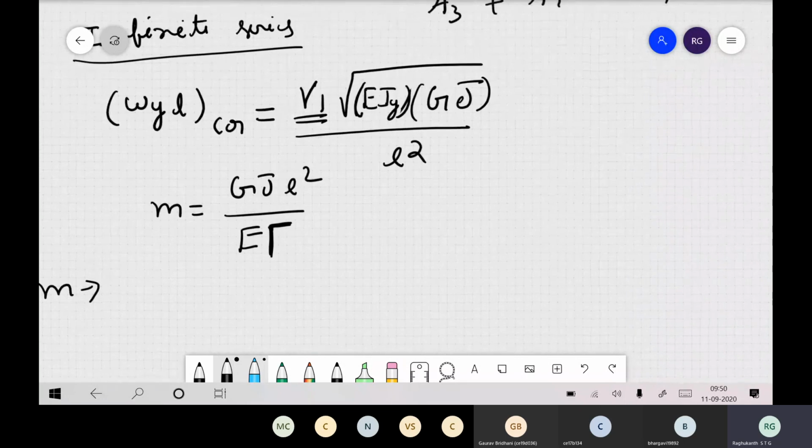Now here you can see that lateral torsion buckling is very easy to remember. Whatever calculations you do, finally your lateral torsion buckling depends on the product of two things only: flexural rigidity multiplied by torsion rigidity. This is a thumb rule. Whatever you do, concentrated load, this load or that load, or constant moment, finally all the expressions boil down to something like this itself. Fine, so I will stop here. In the next class we will continue. If you have any questions, you can ask me.